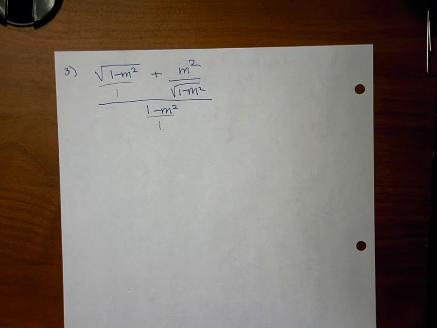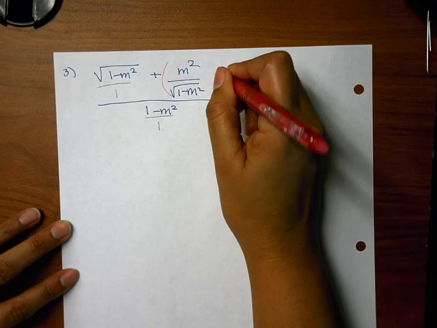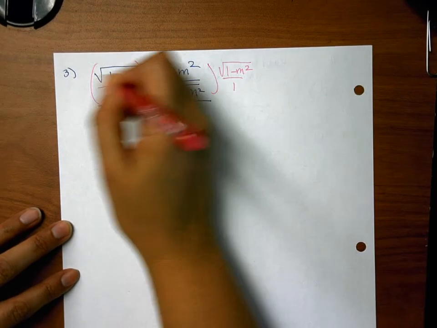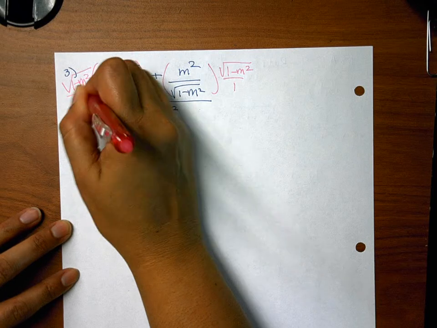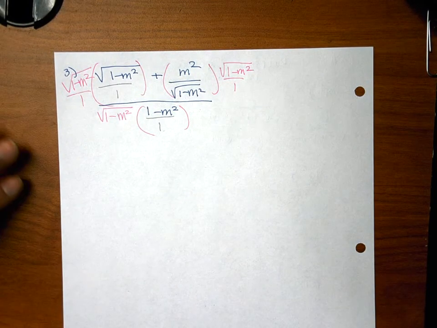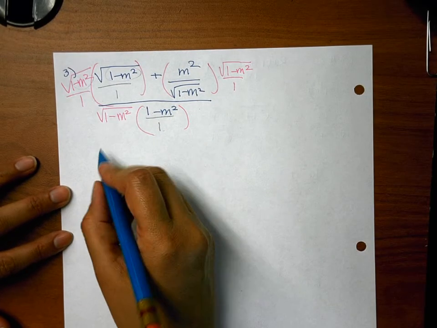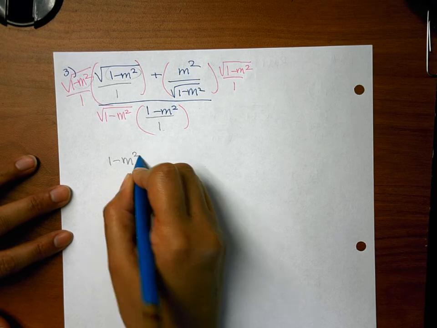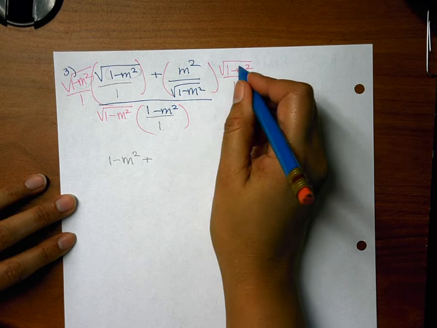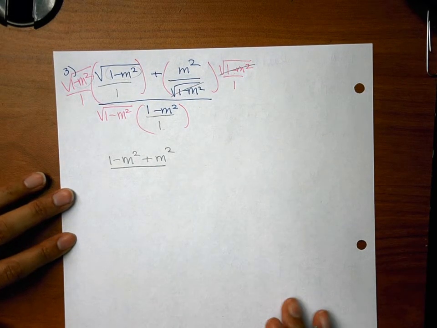Here, clearing. So we multiply everything by the common denominator, which is right there. So I'm going to multiply everything by the square root of 1 minus m squared. Square root of 1 minus m squared and the square root of 1 minus m squared. All right, here they're the same. The inside, the bases are the same, so the square roots undo each other. So you're simply left with 1 minus m squared. Plus, those two there reduce, m squared